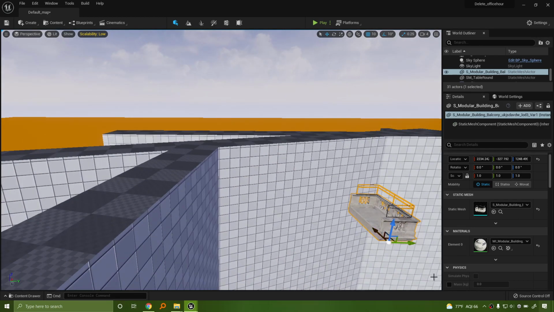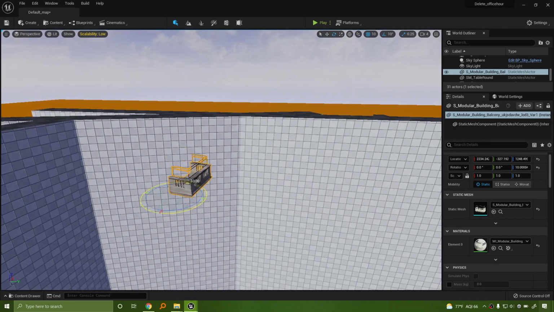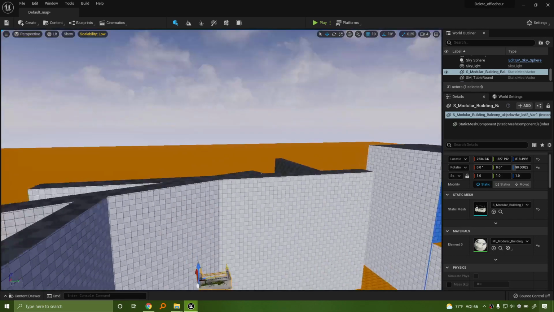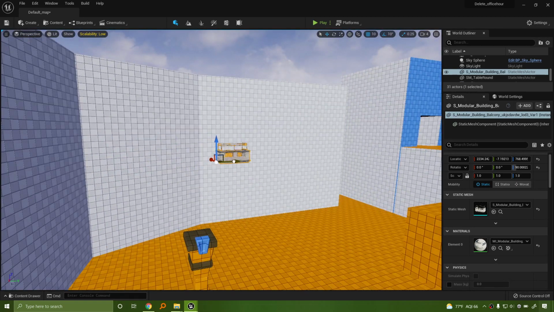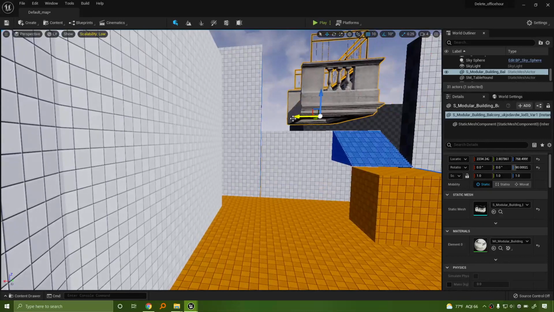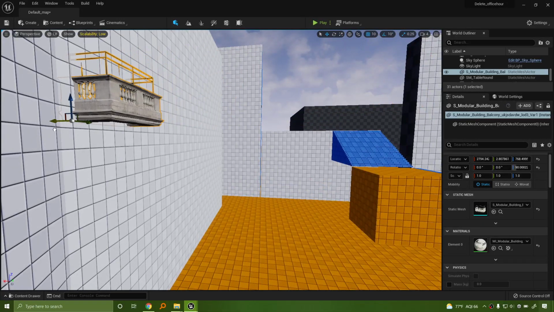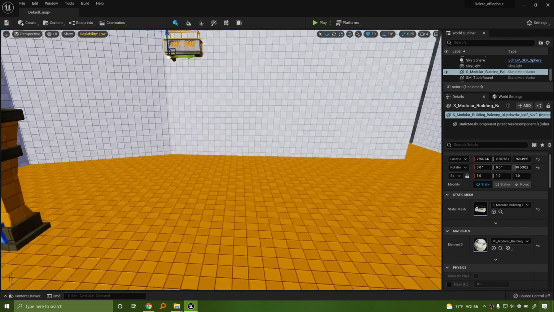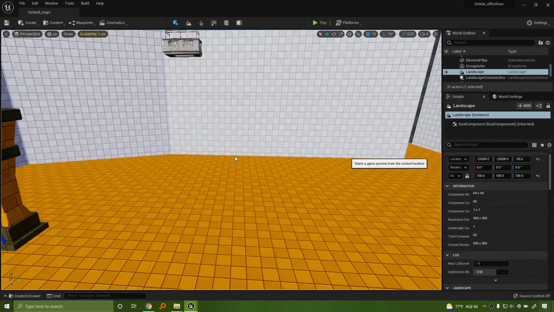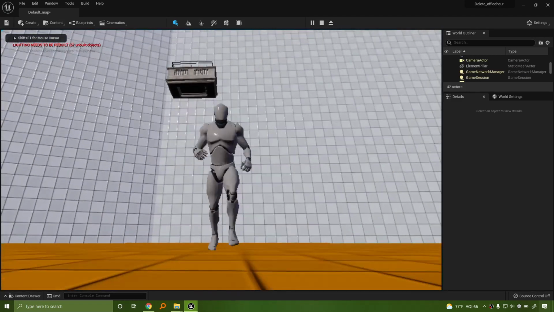I'm holding down Shift to move. It's a little too high.